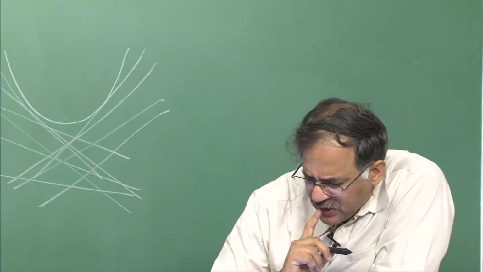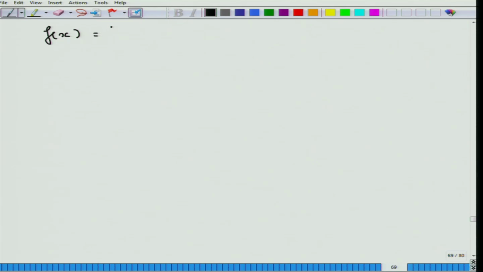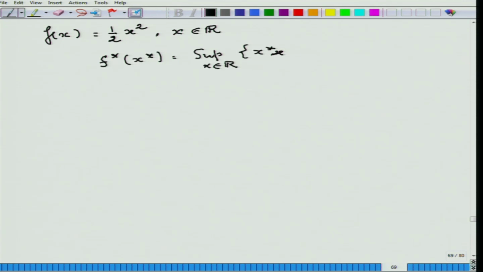Let me take the function f of x equal to half x square, x is in R. Let us see what happens. So, the conjugate is f star of x star, the supremum over x in R. Now, here the inner product is just multiplication, x star into x minus f of x. So, basically supremum